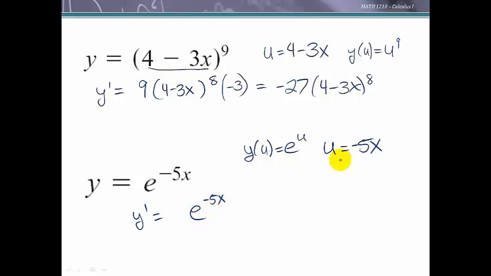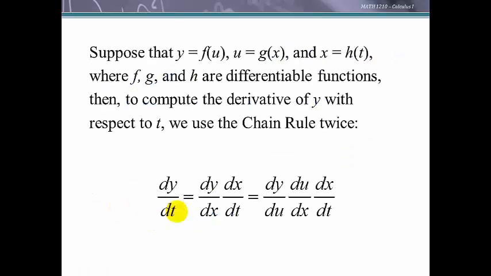But then I need to multiply it by the derivative of the something. The function inside was negative 5x, whose derivative is negative 5. Now this chain rule works when we have more functions inside of functions. So this one is just showing us what if there were 3 functions and we had one inside of another